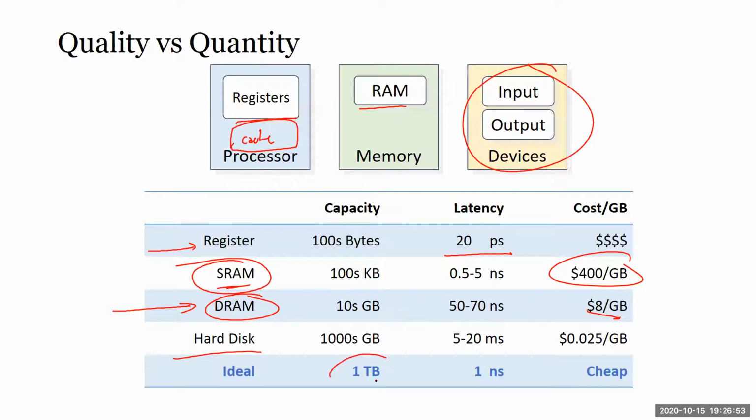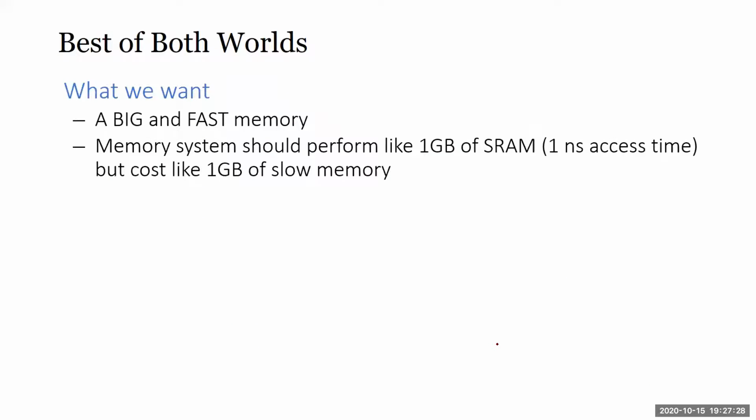Now, the ideal case is we want super high capacity, but very low latency, and we want it to be very cheap, right? This is what we want, the best of everything. But unfortunately, in real life we cannot have this kind of situation. In life, everything is a trade-off. You want capacity, then you pay for it either in cost or latency. If you want big and cheap, then you become slow. So these are three factors in a trade-off. We cannot have the best of both worlds.